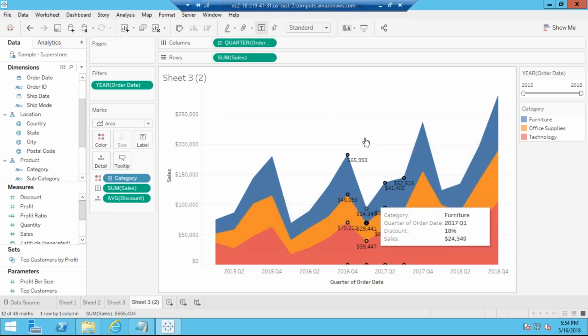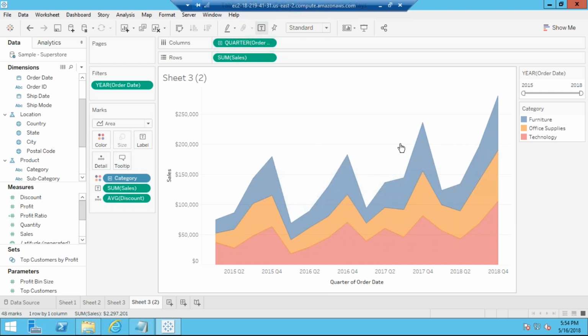Okay, any doubts here? See, the visualization remains the same. The main thing we'll be getting is how to color, how to size, how to label, how to detail, how to tooltip. That is all about what we'll be doing. So here you have sales. I don't want to see it like this. My user says show me it in currency, which is already coming. Show it in short format.